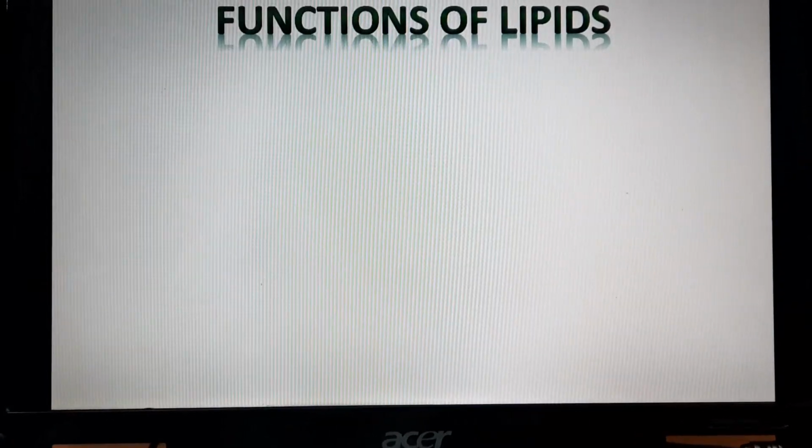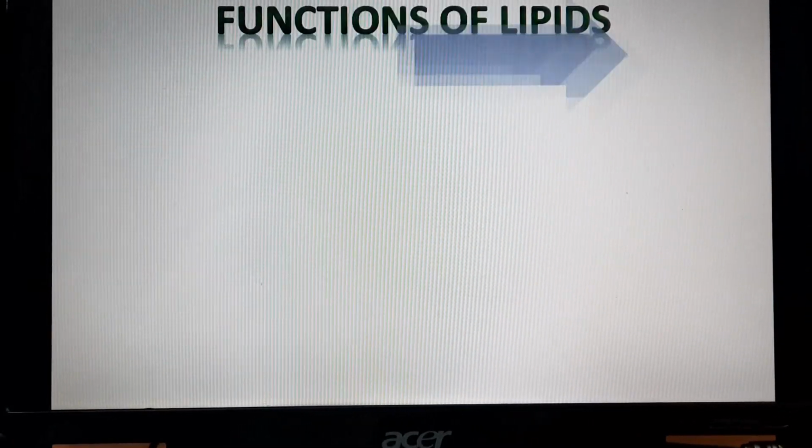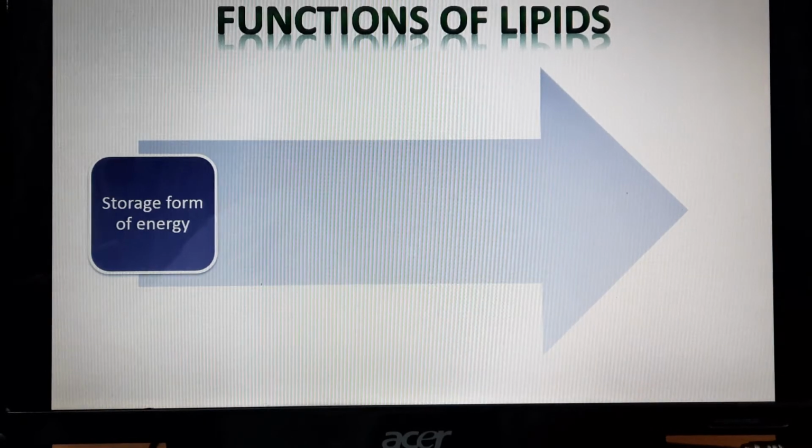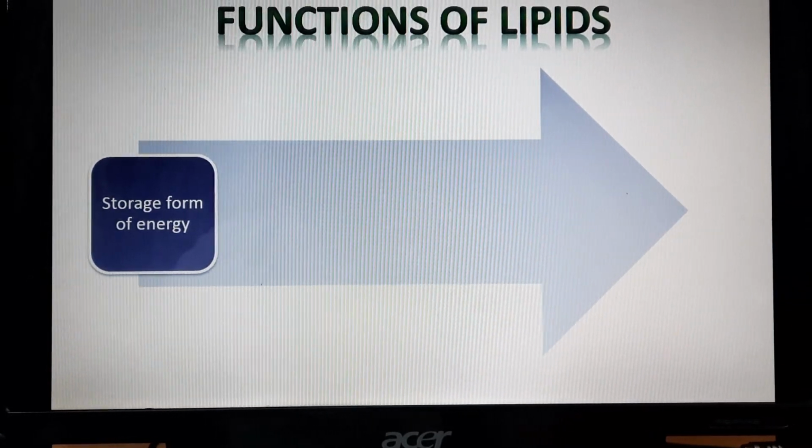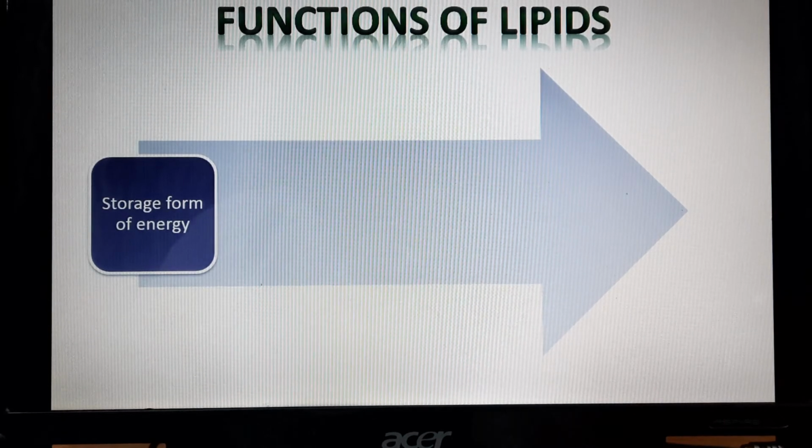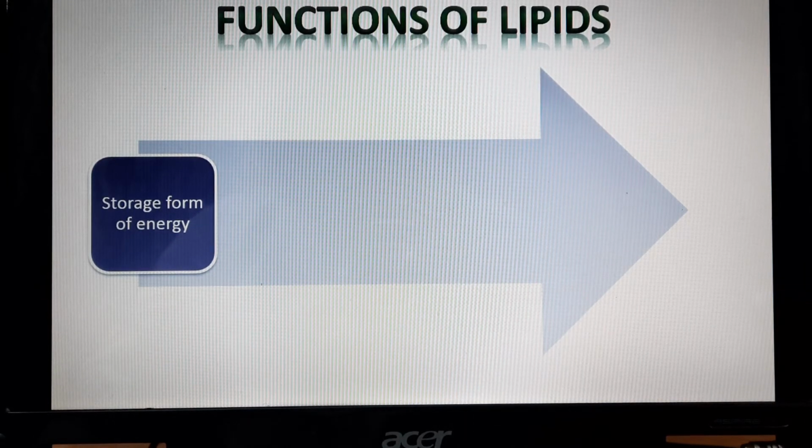So, general functions of the lipids. Lipids are the most abundant storage form of energy. Here I want to clear one point. Lipid is the most abundant form of energy, but carbohydrate is the more readily available form of energy. Secondly,